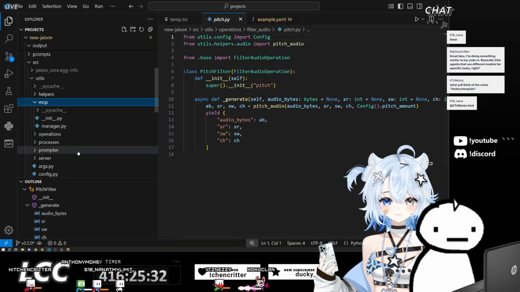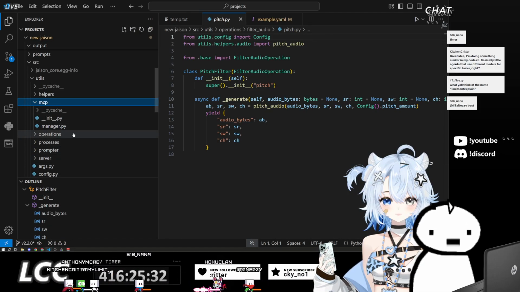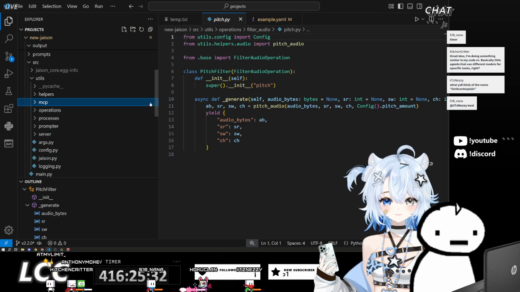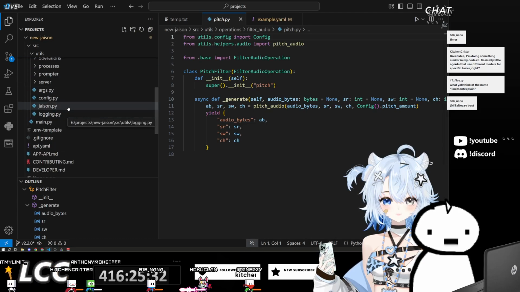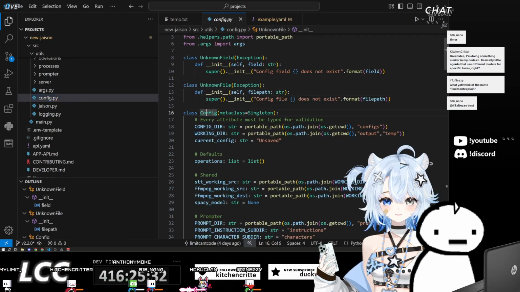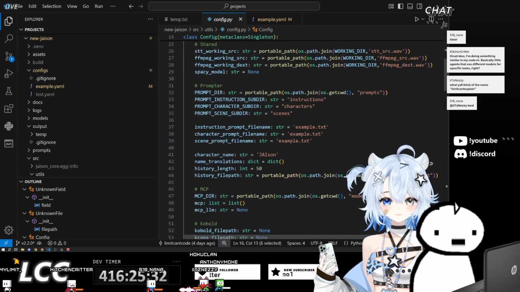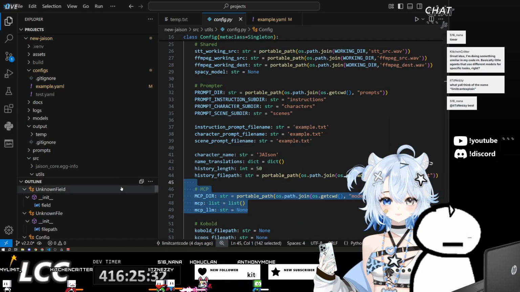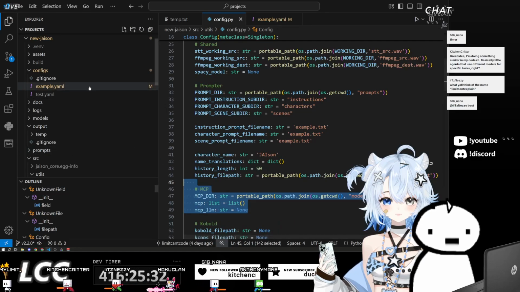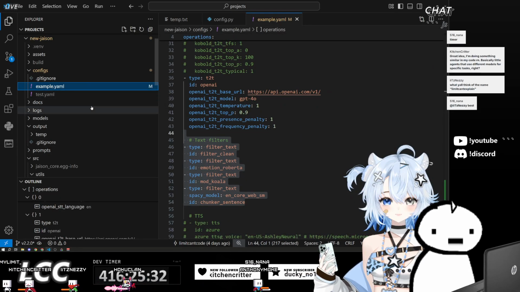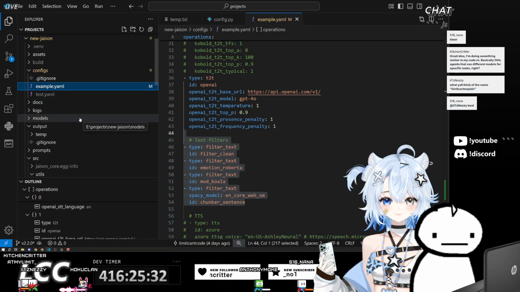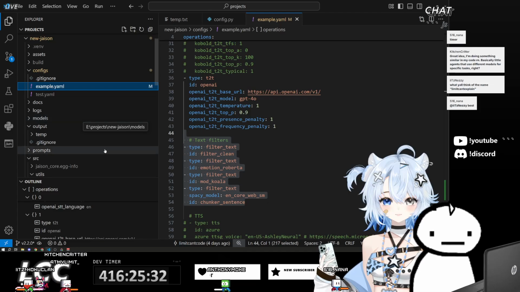Maybe, we'll see. But yeah, each one of these is going to have its own configuration. They're still going to be managed centrally by this configuration object here, but it isn't going to be specifying these fields anymore. It's more or less just going to be used for interacting with the configuration files, loading, saving, stuff like that.